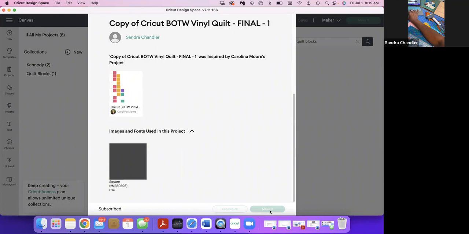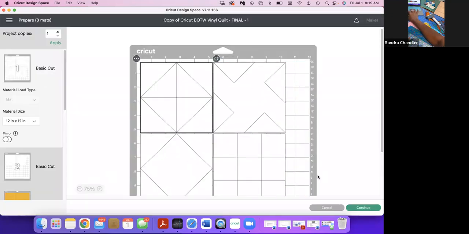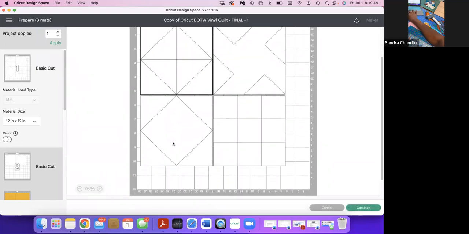I push make it at the bottom here. It's going to load. Okay, so see how these are all different? Here's squares. So if you just needed squares, then I would pick these. I would actually delete this one. You can delete it. And how you would do that is you would take,